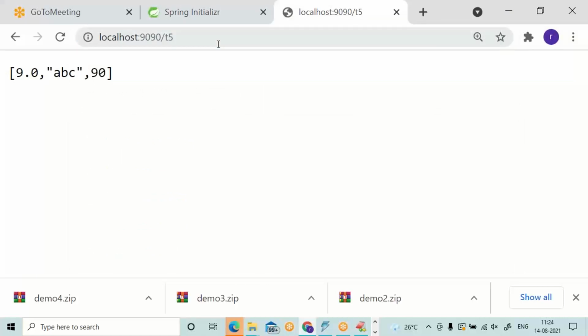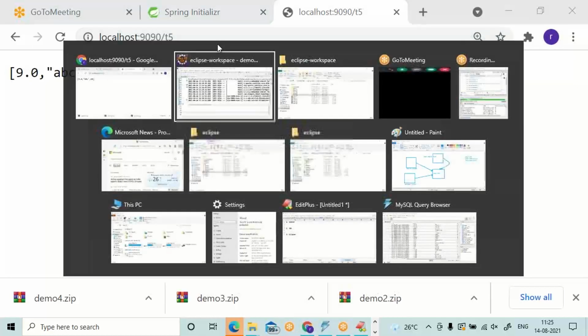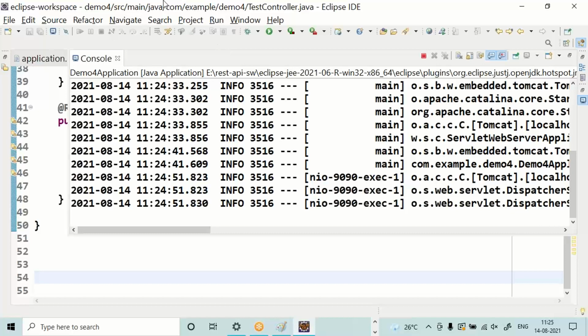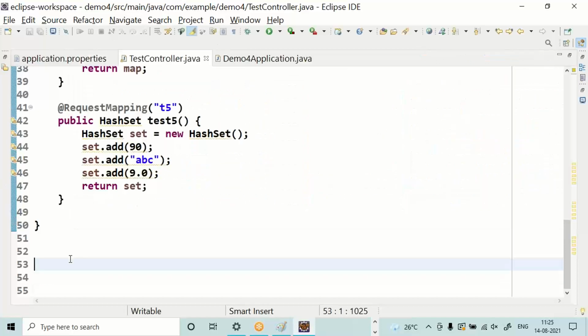Mainly in the collection API, list type, map type, set type. All three we have seen. List type array list, map type hash map, set type hash set. Now let us return an object of the entity or bean.